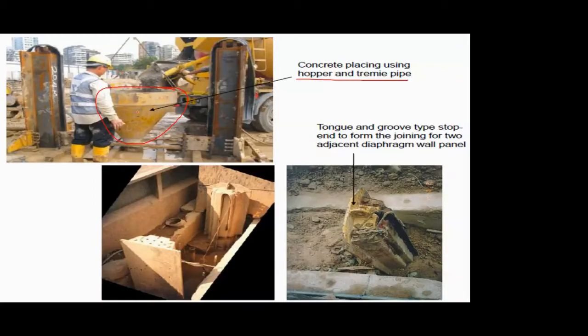And the last step, or the sixth step that I had showed you, is the stop end tubes. These are the stop end tubes that I was talking about. In this you see it's a circular or cylindrical kind of thing, and on this side it's a trapezoid kind of thing. So these are the stop ends. In between you have concreting, and once the concrete sets, these are just removed. So this is the process of construction of diaphragm wall in a pictorial form.